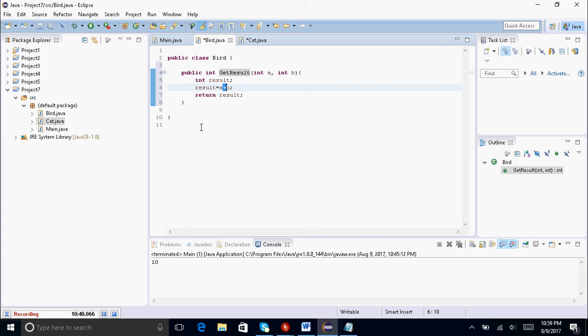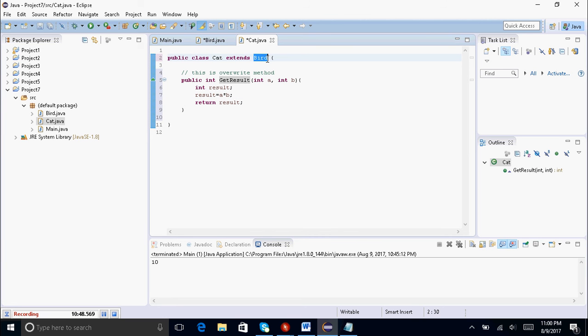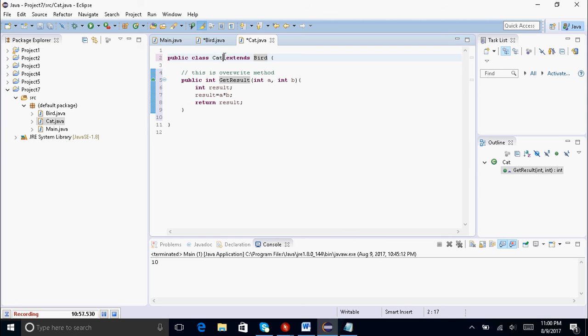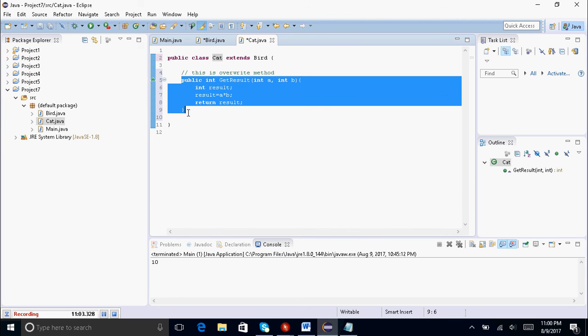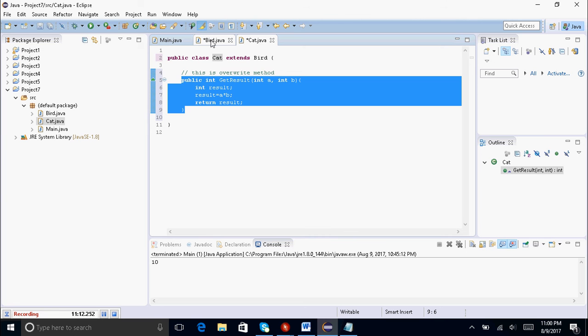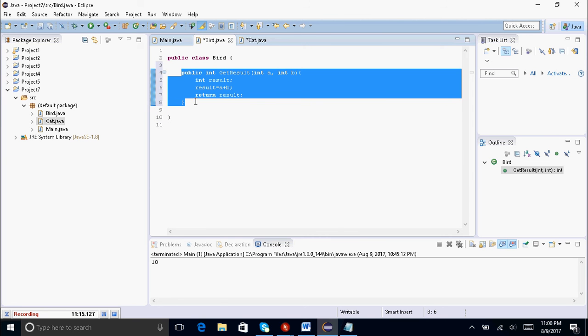So if there are two classes, one sub and another one super, and if there are two methods with the same name and same input arguments in both classes, then the subclass's method will be executed. In this scenario, the subclass method multiplies, so it will be multiplied. This method will be executed, and the superclass's method will not be executed. That is the formula, the rules of overriding